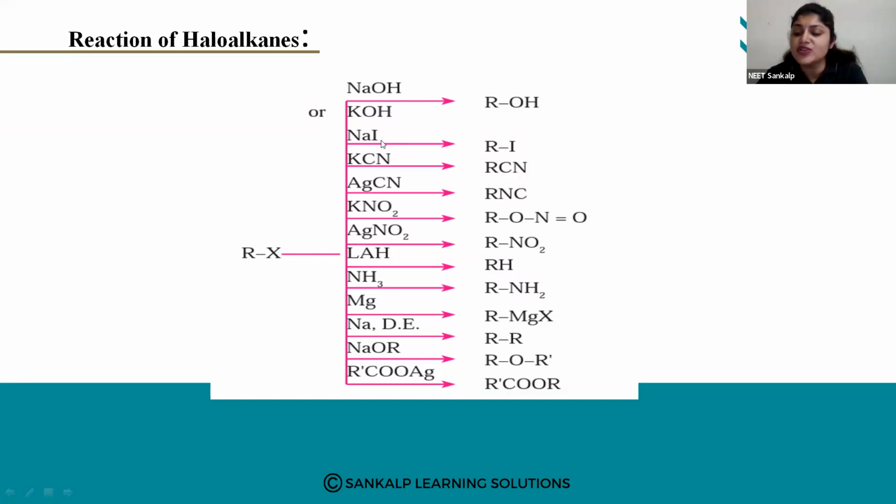If you react with sodium iodide, what is the product formed? It is alkyl iodide. If you react your alkyl halide with KCN, what is the product formed? RCN. What is RCN? It is cyanide. Now in this second step, one more reaction: if you react with AgCN,